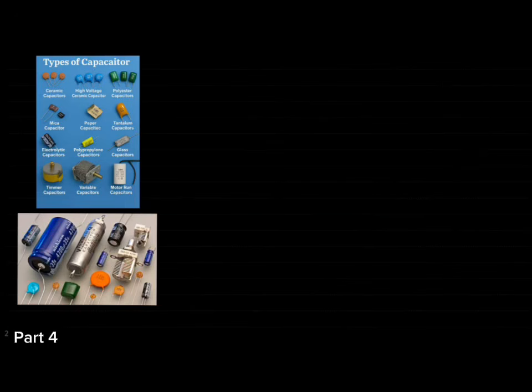a capacitor. So types of capacitor, we have the ceramic capacitor, the high voltage capacitor, the paper capacitor, the mica capacitor, and the electrolytic capacitor. All these are different types of capacitor, but they all have the same function. One of the functions of a capacitor, or the uses of a capacitor,